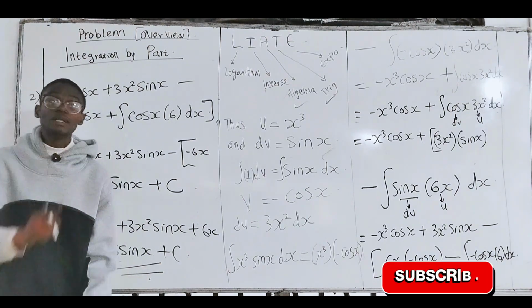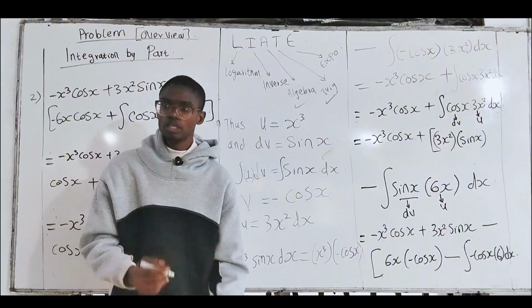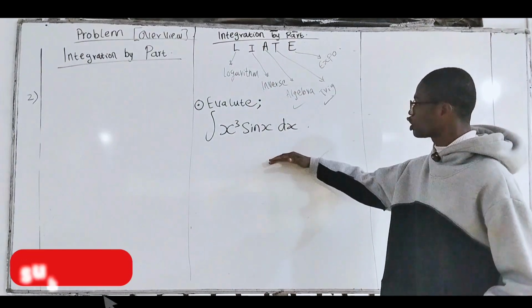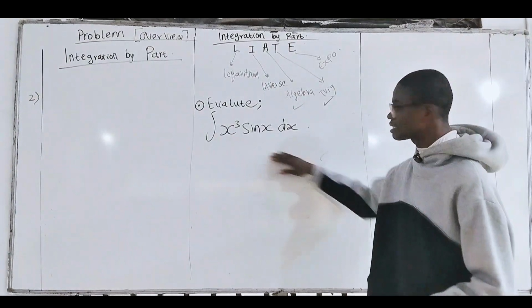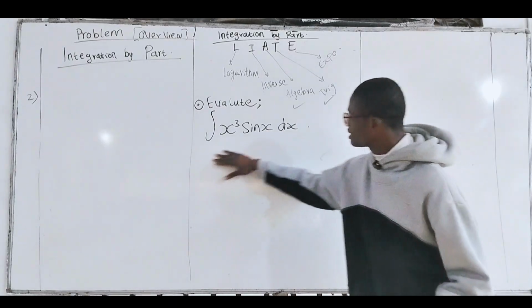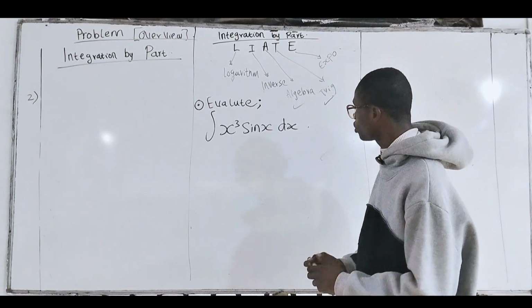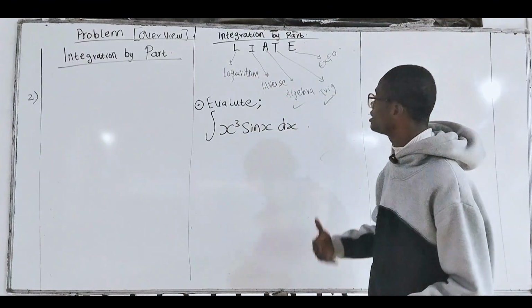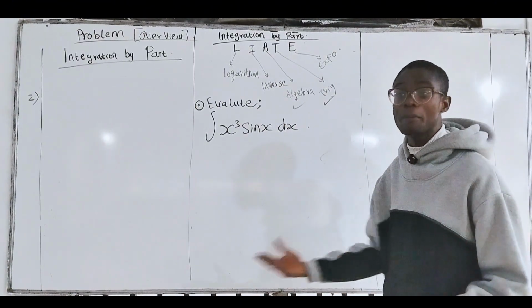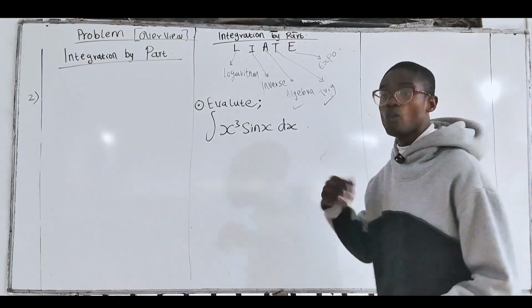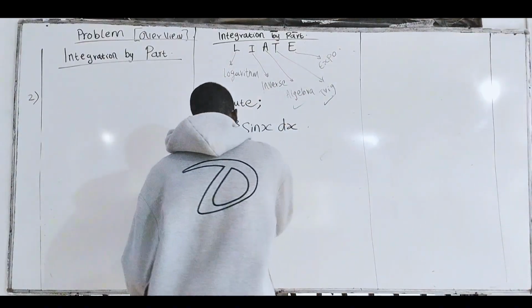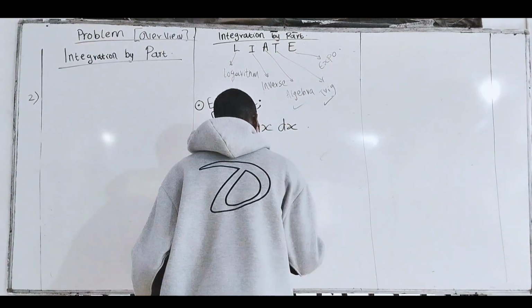Now let's go for the very quick shortcut to this. We want to apply the shortcut to integrating this value, right? For us to integrate this, there is a very short method, and that method is LIATE. LIATE is a tabular method of integration by parts. Right? Now, what do we need to do? We need to draw the table. And the table has three